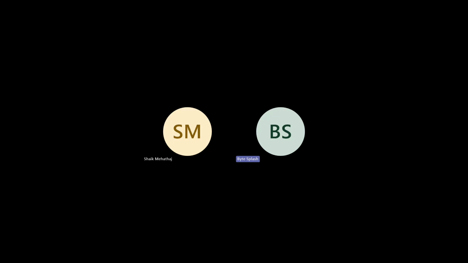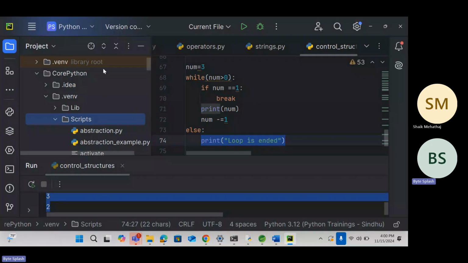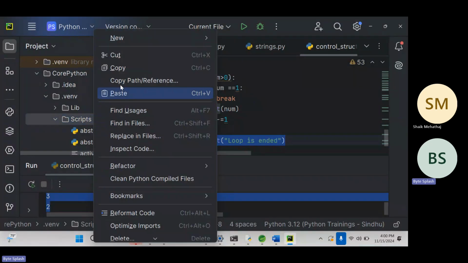Question. If you have any doubt, you can just ask. Okay. So the first question, now the question we are going to discuss is,